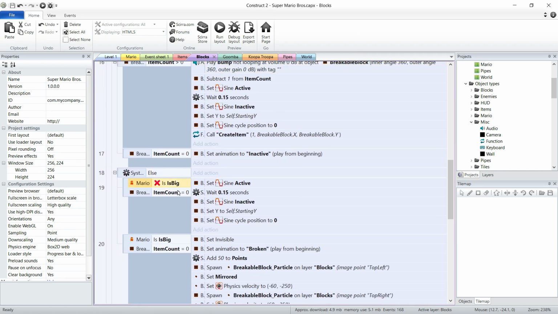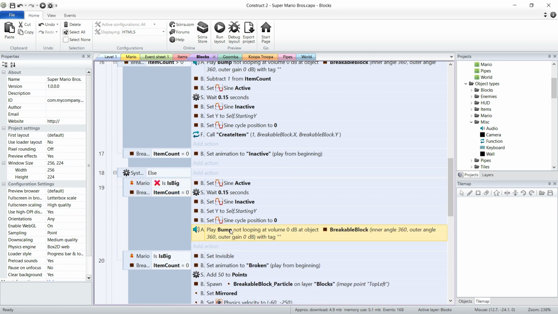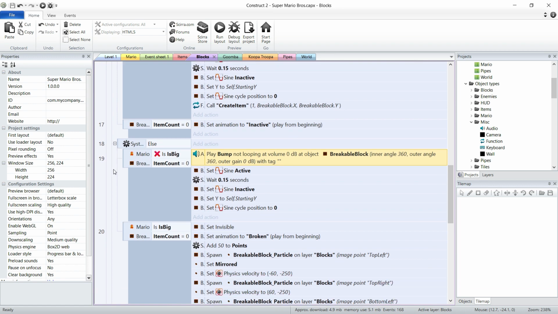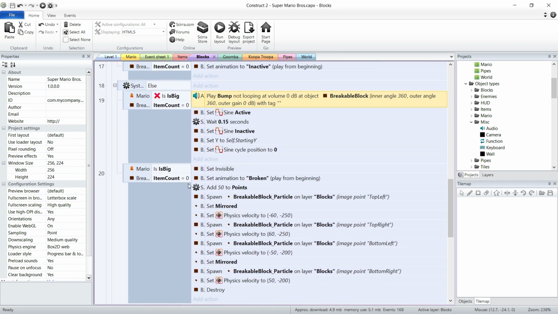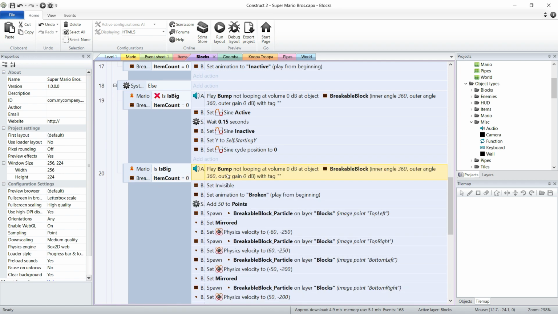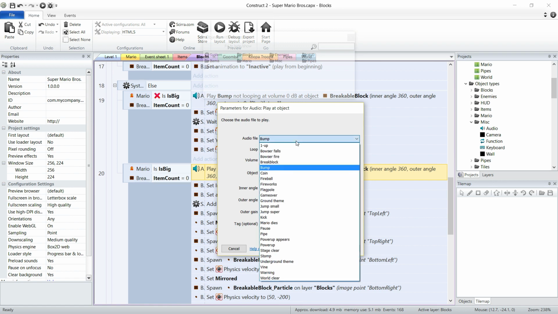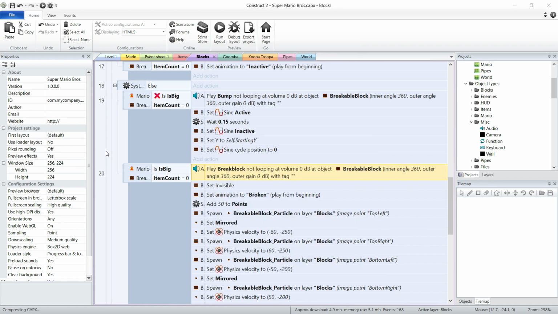And this is when Mario is small and he headbutts an empty block. You just play the normal bump sound. Okay, however, if he's a big Mario, he's going to break the thing apart. So here, we're going to change the sound. Okay, so change it from bump to break block. Okie doke. So with all those done, we actually have one more thing to change in this event sheet, and